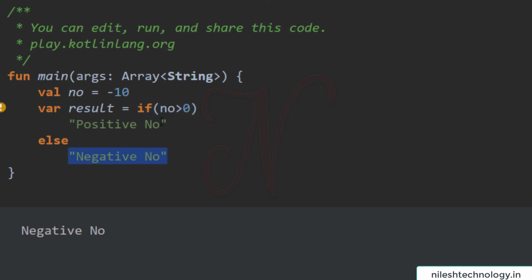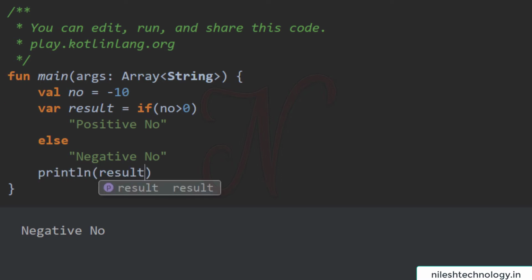This message is assigned to the variable result, which means your result is equal to negative number. Here we print your result. After running this code, this is your negative number. If my number is 10, see, this is positive number. So if can be used like an expression.